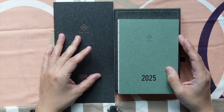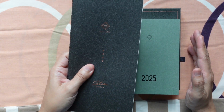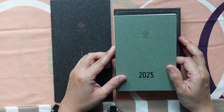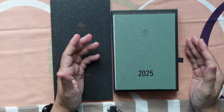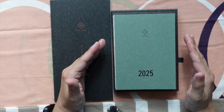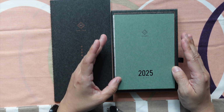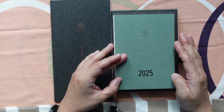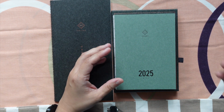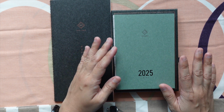For 2025, I'm really interested to review the mini planner, their A6 size planner, because I haven't had the opportunity to own one. Last year, in 2024, I got myself a B6 Take a Note, which was their new offering for 2024, and my husband gifted me an A5 Take a Note. So this year, I thought it would be cool to pick up the A6 version and review it for you guys,